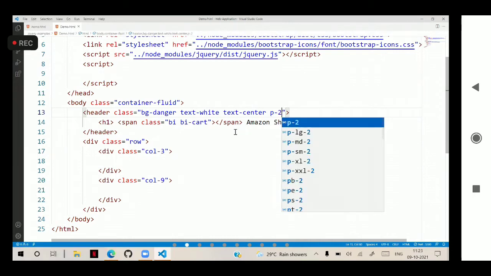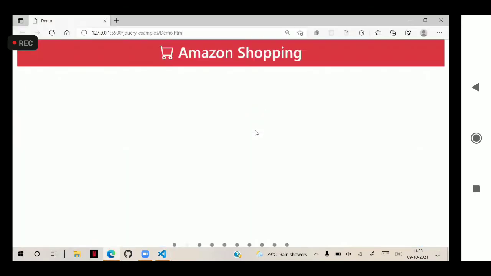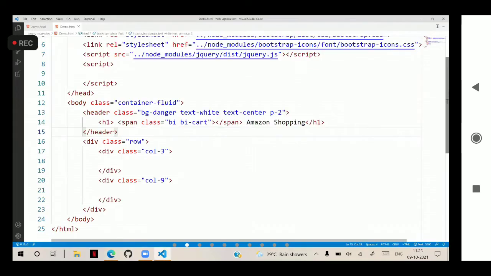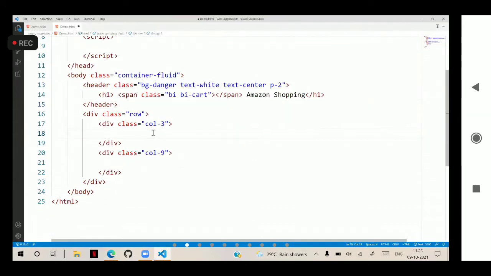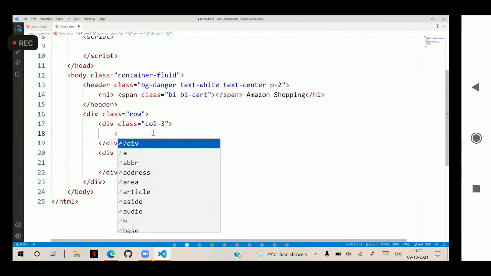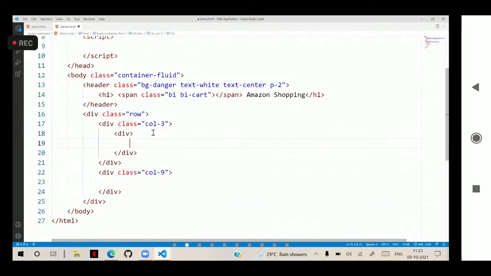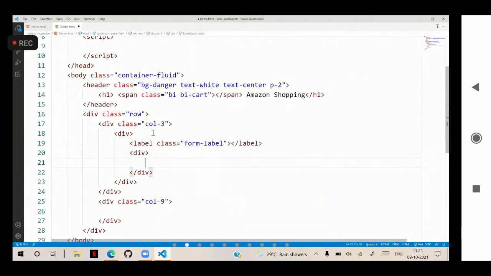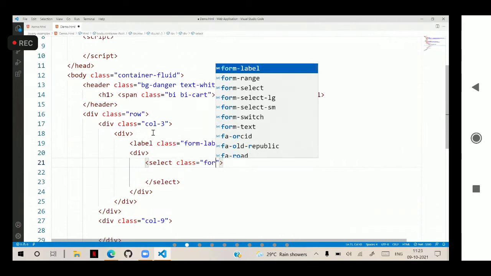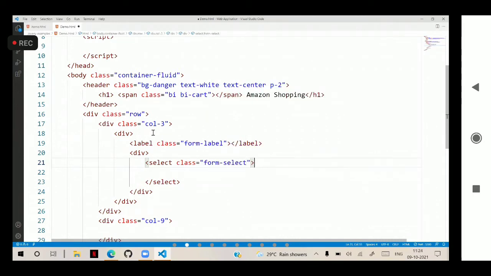Below this we will put the left side column. We need a drop down. Here I will put a div and a label with class form-label, and below that a select with class form-select, and here we are giving an ID as lstCategories.